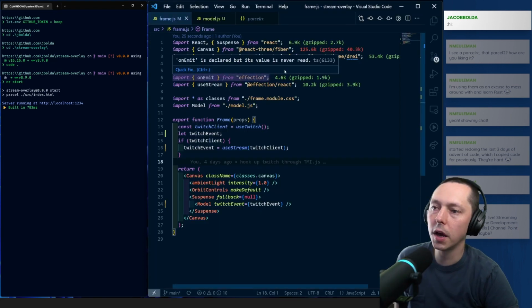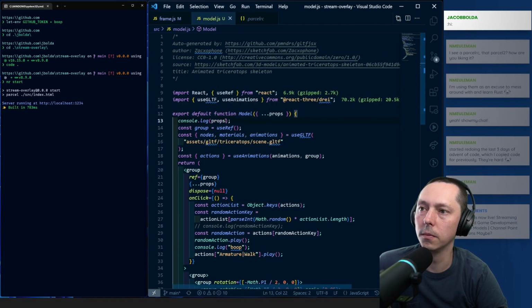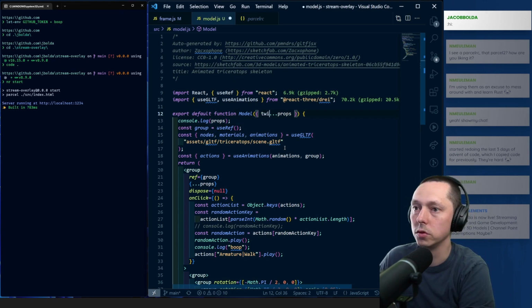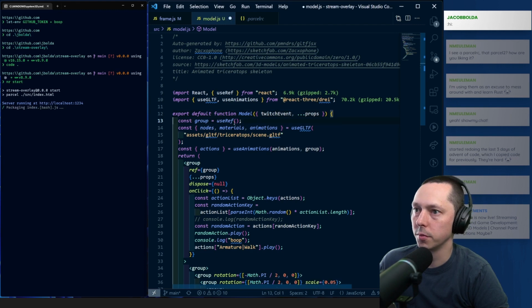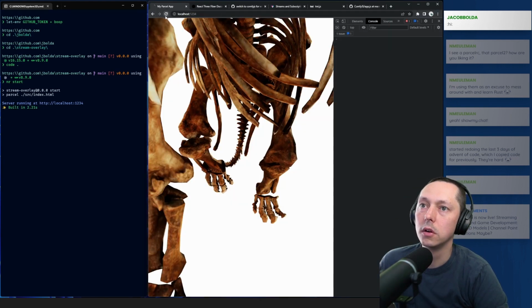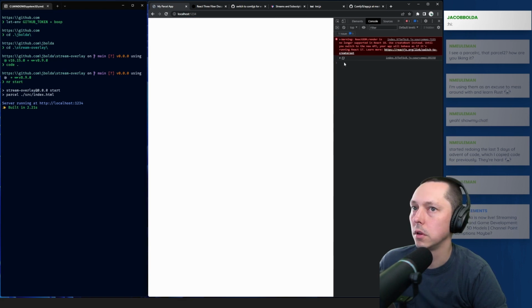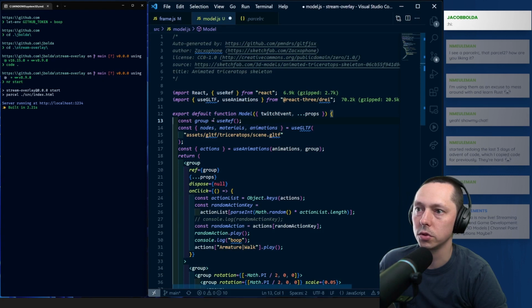So now that we have it in our model, let's do Twitch event and then the rest of the props. So now it's just logging out empty props, which is cool with me. So now we've got this Twitch event that we can act on.